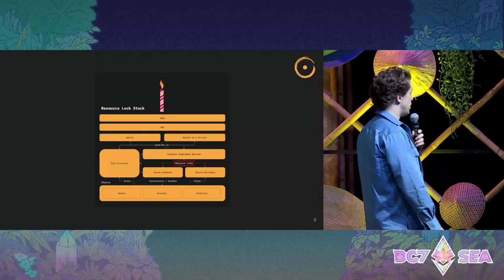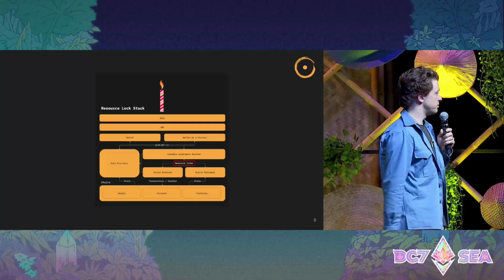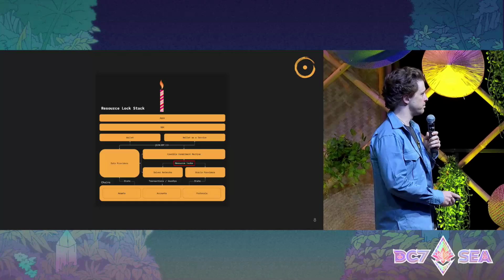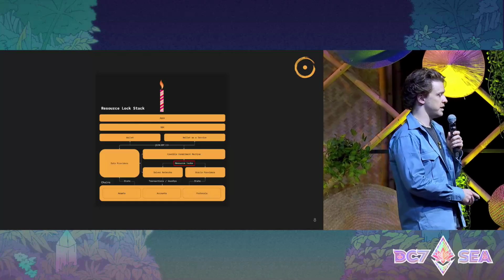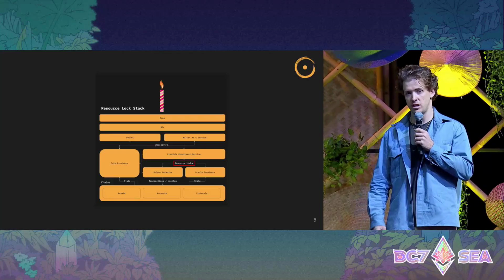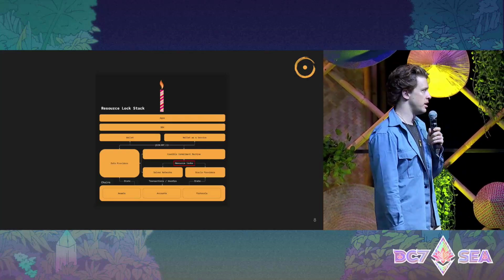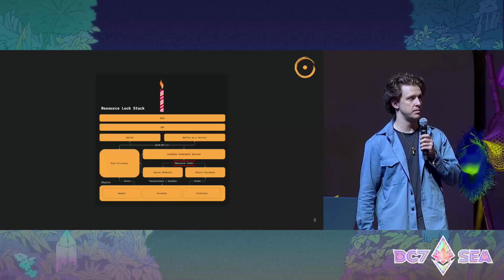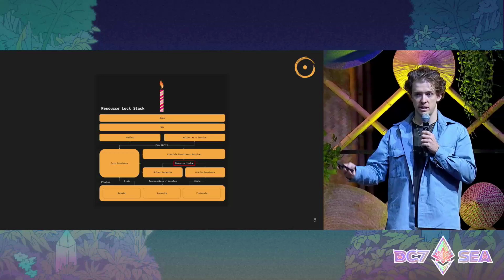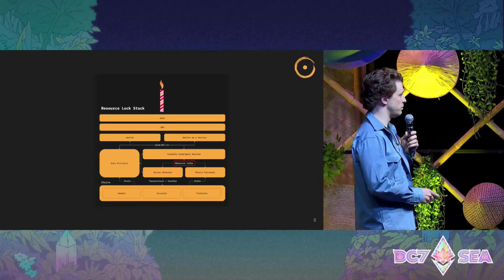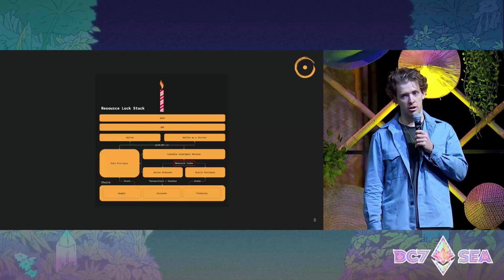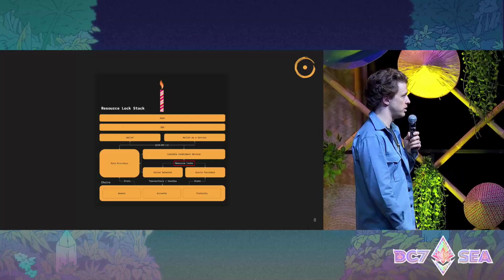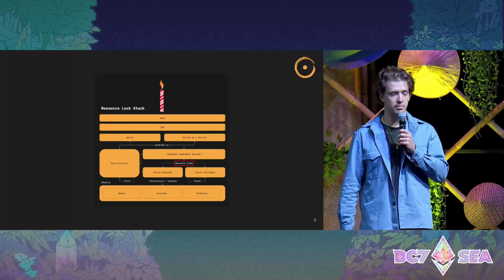This is a graphic of the resource lock stack. We published an article called The Cake Framework that explores some of this. The resource locks is just this piece in the middle here. So it's one of the many messages and interfaces that need to be introduced to be able to achieve a fully chain abstracted endgame for Ethereum. And it only works when you have some of these other components that are being added to the system. The thing to notice here is that this is an intent-based architecture, right? So it uses solvers to be able to execute transactions on-chain on behalf of users, and then proving the execution back to wherever the execution originated from.